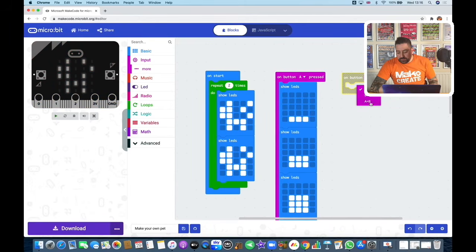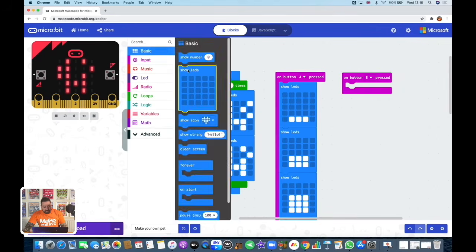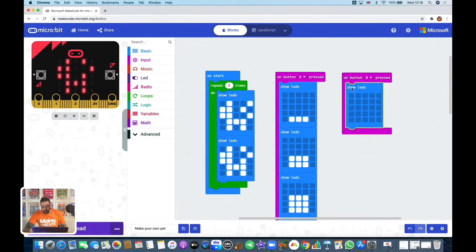We've got two more that we could go, B and AB, but I'm going to go for B. And this time I'm going to say my dog is going for a walk. So same as before, I'm going to do a little animation. So I'm going to go back to basic, show LEDs, drag this in, and I'm going to draw my dog